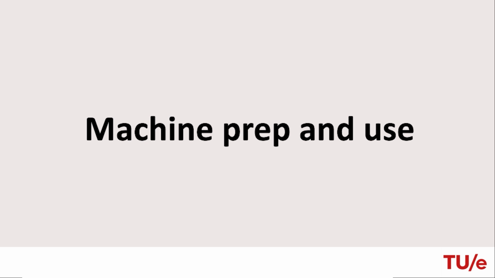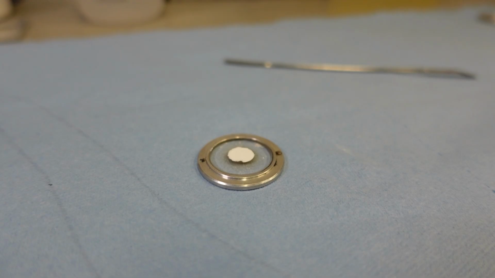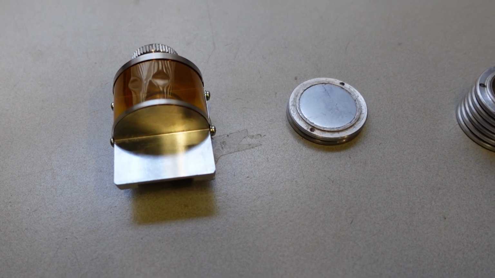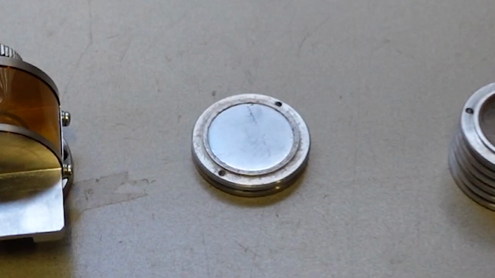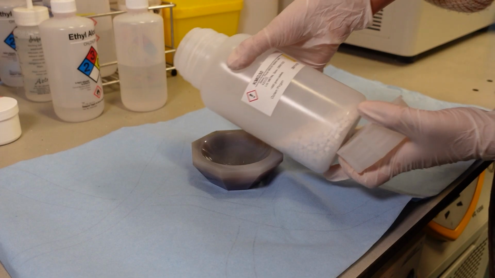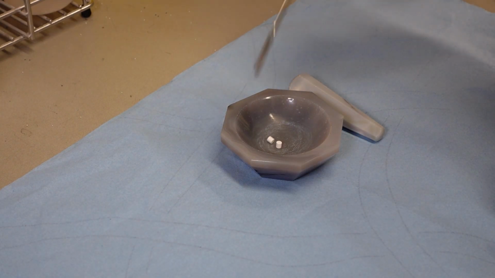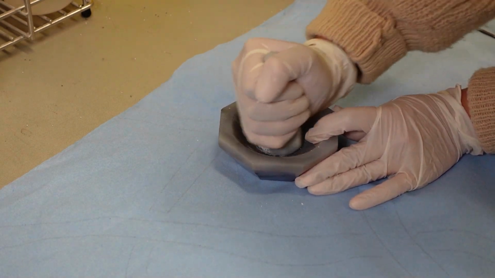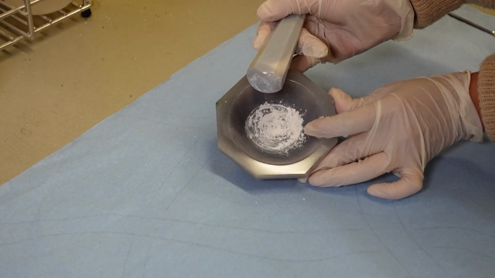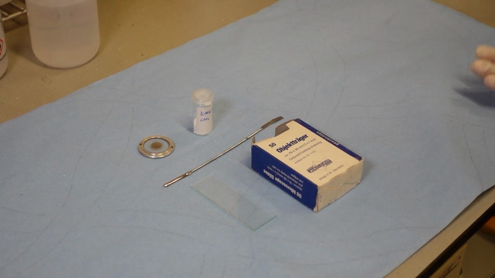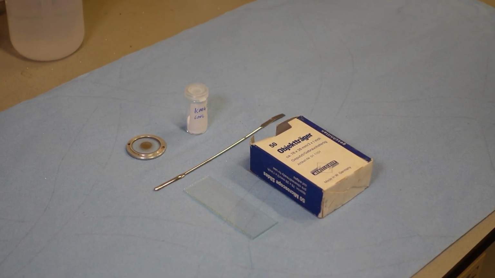An example sample measurement can be seen here. First, the sample needs to be prepared. Many different sample holders exist. For this example, this holder will be used. First, take the sample. With a mortar and pestle, crush the solid sample into a uniform homogeneous powder. Set this aside. Have ready your sample, sample holder, spatula, and glass plate.